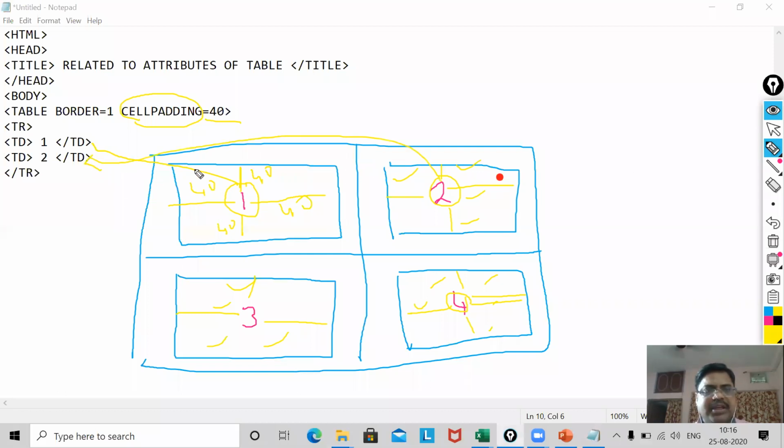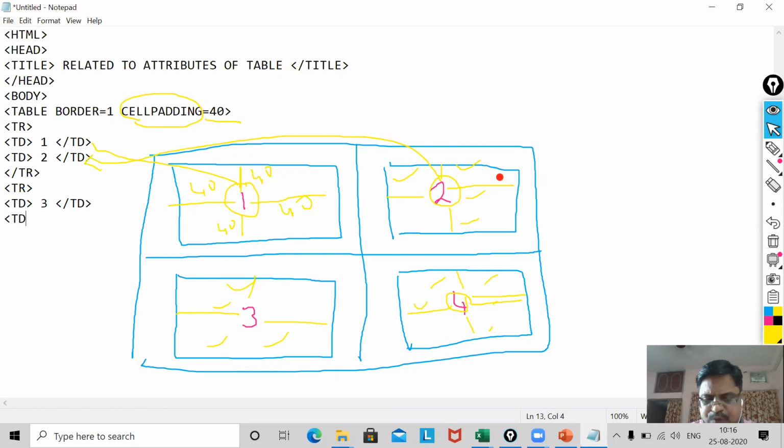Now the next part is another row. So again I will create this row with tr. What is my third data? That is 3. So I must close td.